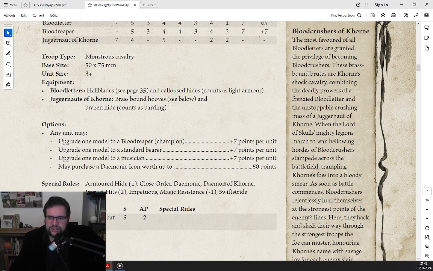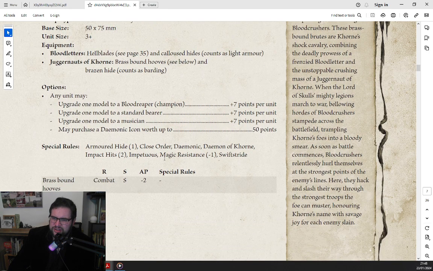They've got all the rules that you'd expect, really. Swift Stride I wasn't expecting, because that makes them quite quick and makes them very good at getting a charge off. It also means their maximum charge range increases, so they're going to be rolling for Impetuous quite frequently with a 7, so 16 inches away they're going to have to roll a charge, or maybe they'll be forced to roll